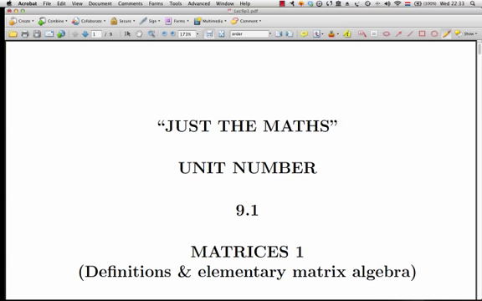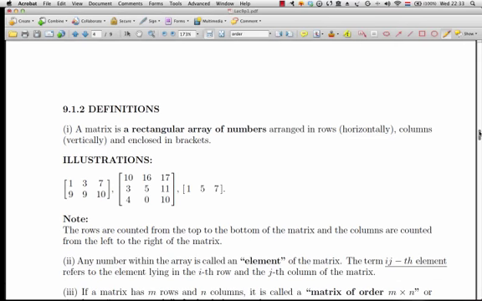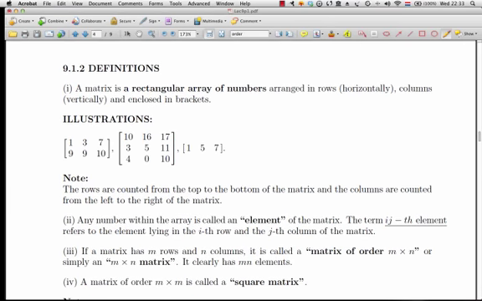Now, to dive a little bit more into the mathematics of matrices, I'm using the material from A.J. Hobson, Just the Math, and I would like to go very quickly through a few definitions. First of all, matrices are an array of numbers which